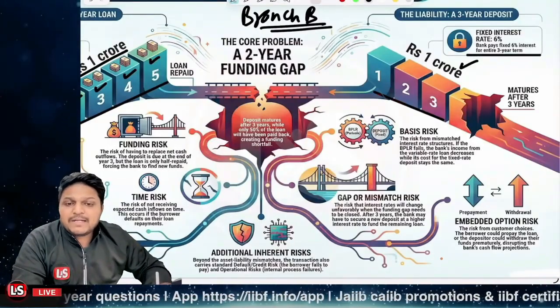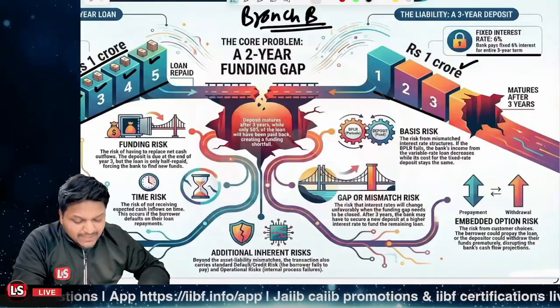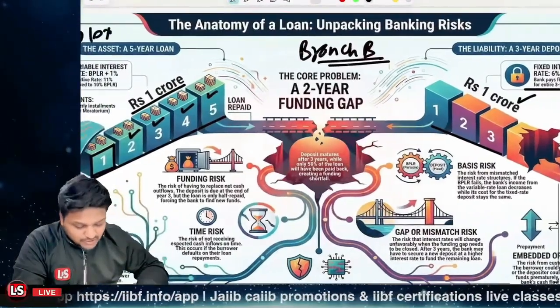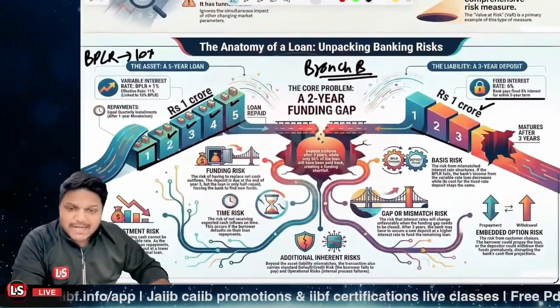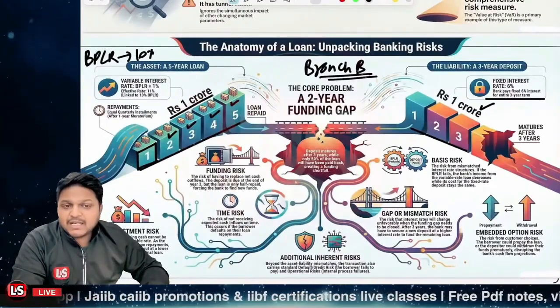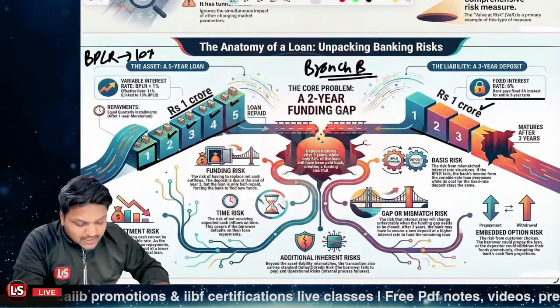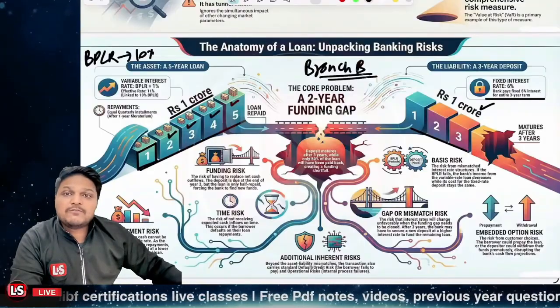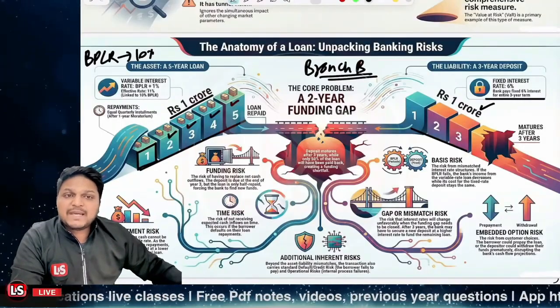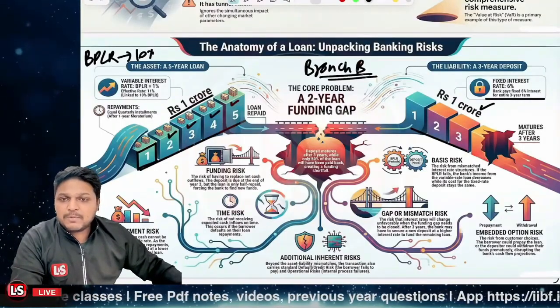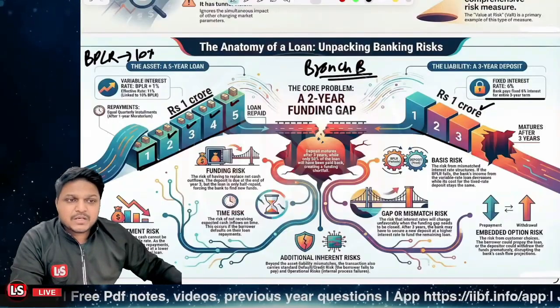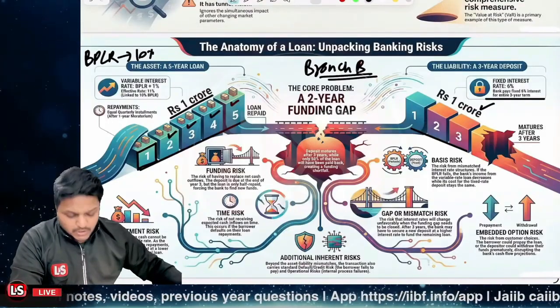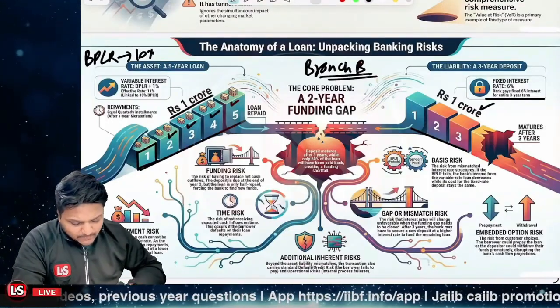Now, what are the different types of risks which may be associated with this particular transaction, right? So you now understand what the transaction is, and we are not to consider the CRR or the SLR requirements, but we need to tell what different types of risks may be associated with this particular transaction. Is the problem statement clear to you? So let us now discuss what types of risks will be there.